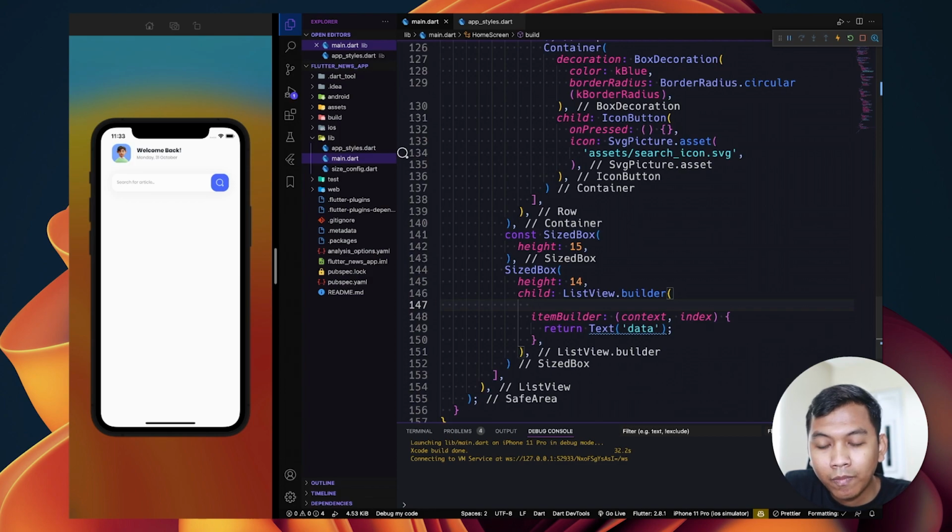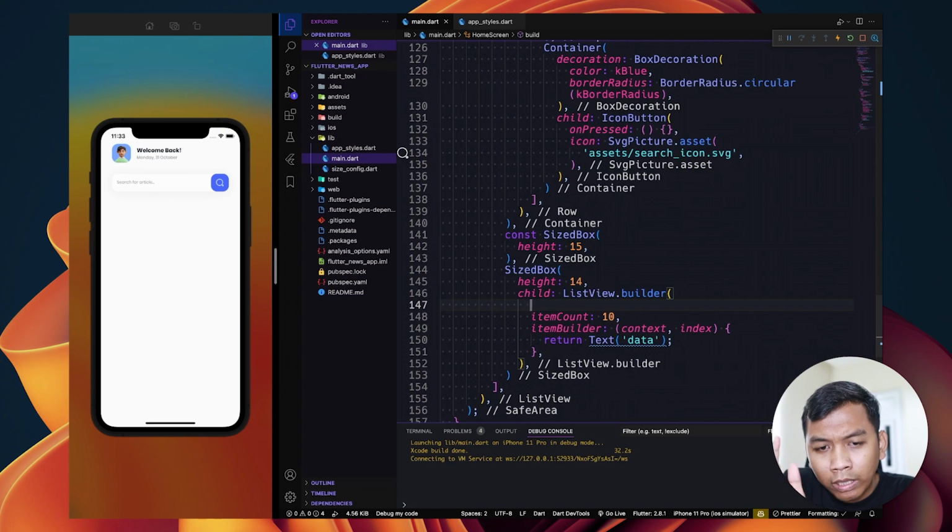The next one, because in this video we don't have any data, so for now for the item count make it dummy to be 10. And because we want to make it to be horizontal scrolling, we need to set scroll direction should be axis horizontal.